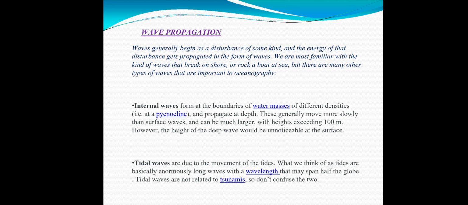Because tidal waves. What are the main causes of generating tidal waves? It is the moon's gravitational force. Okay, so the moon's gravitational force is continuously active on the ocean surface. So that's why the tides are generating due to the moon's gravitational force; the sun's gravitational force is also contributing in the formation of tide,